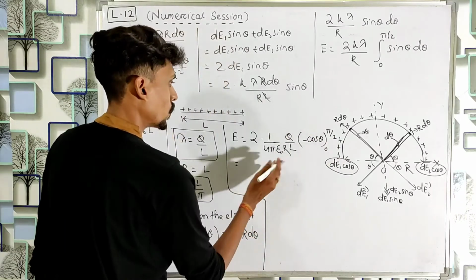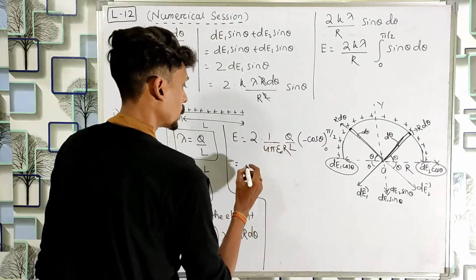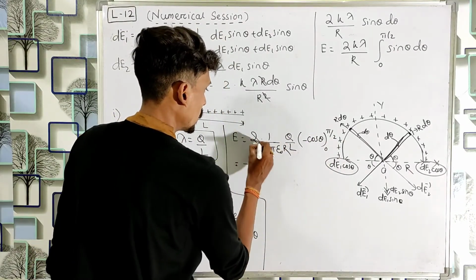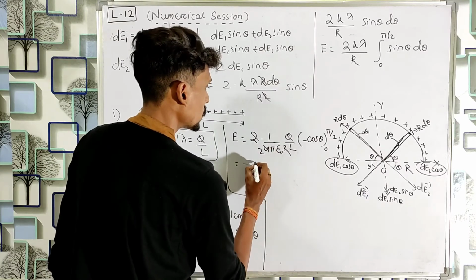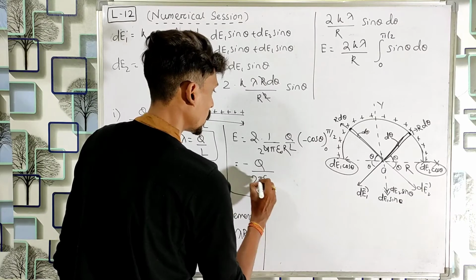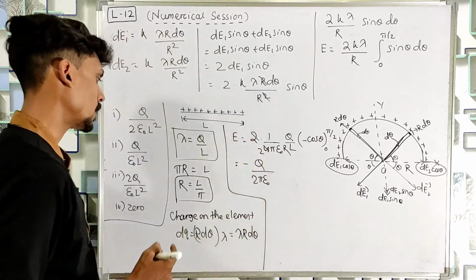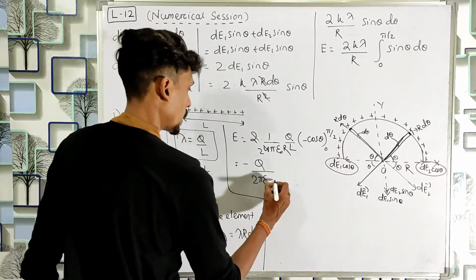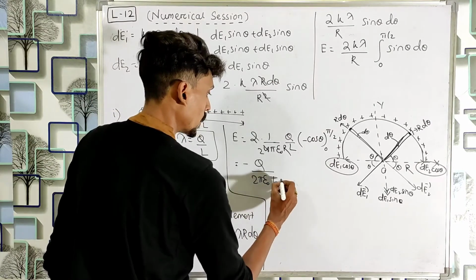Okay, so take this minus sign outside, you will get minus, here you will get 2, so minus q divided by 2 pi epsilon naught. What is r? r is L by pi, so write L by pi here into L,